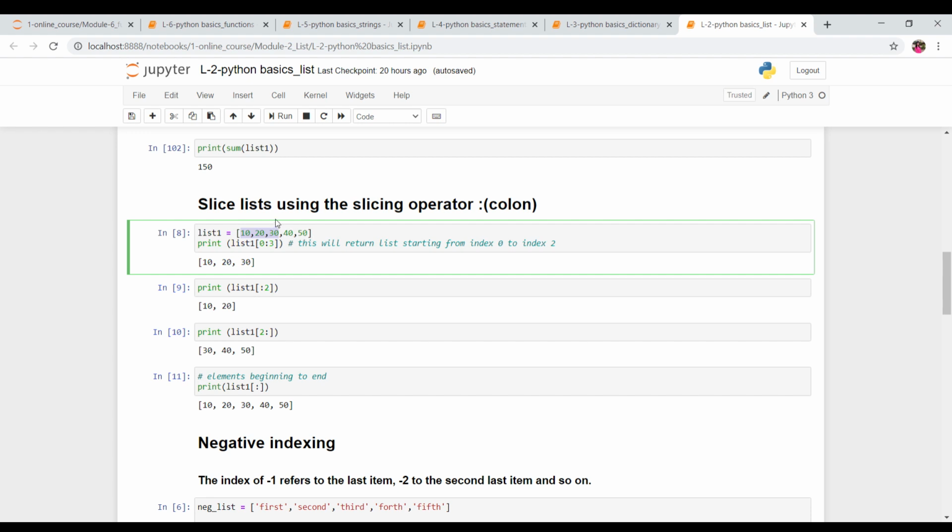Then we can use this slicing operator, this colon, just to have these first three elements instead of using all the elements. And how can we do that? Just write the list name in which all the elements are present and then 0 colon 3. So what are this 0 and 3? These are the different index values. 10 is at index 0, 20 is at index 1, and so on for the other values.